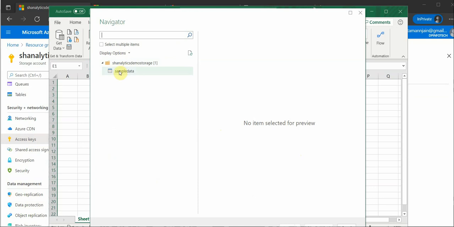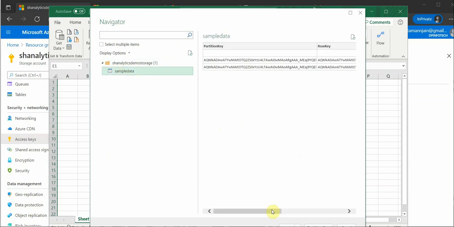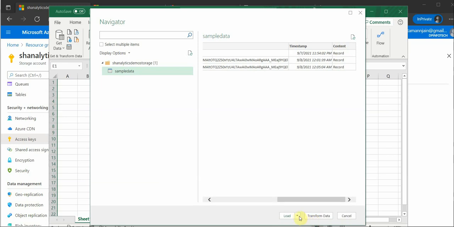Okay, so now you can see that it is showing our Azure table, and these are the rows which we have. And here at the end you can see that it is not showing the newly added columns, and rather it is showing content. So to get that, click on transform,